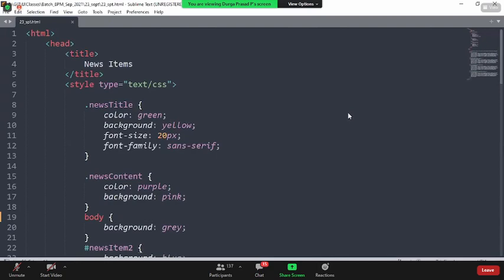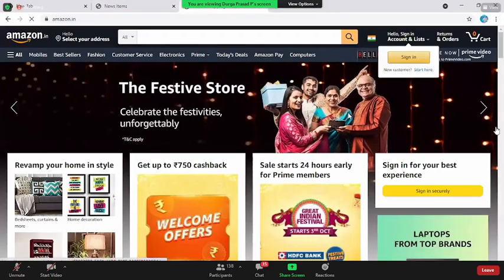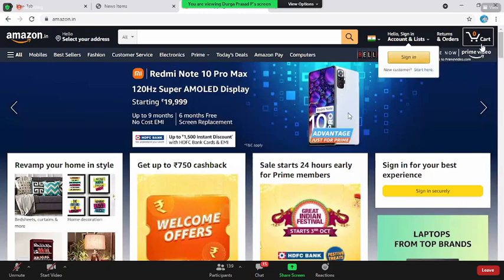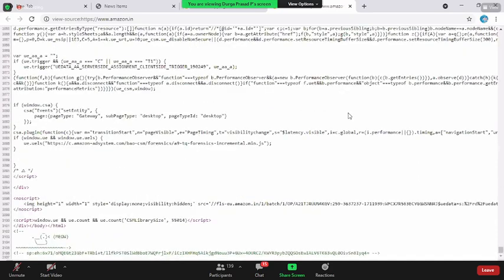Assume a piece of code, say, for example, Amazon.in. I ask you guys to change the color of this card, whatever this card color is there. Assume like we are the developers of this guy. Now I ask you, whatever the card color is there, can you please make it red color? If you go into the source code of this guy, you see these many lines of code, almost 3000 plus lines of code. Do you think that it is easy for you to identify which HTML is responsible for the particular card over here? No, sir. It is very hard for us.